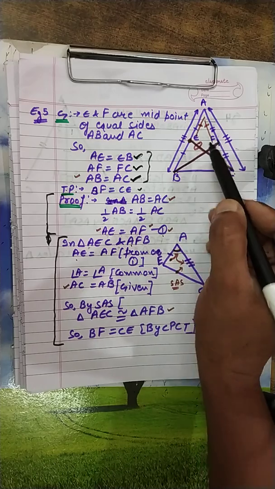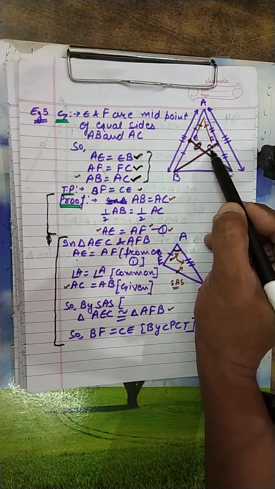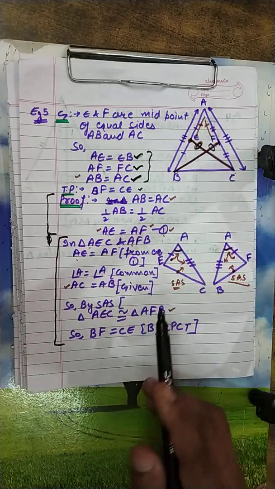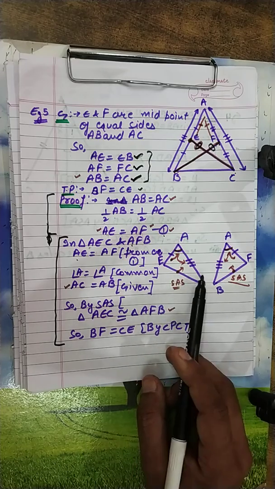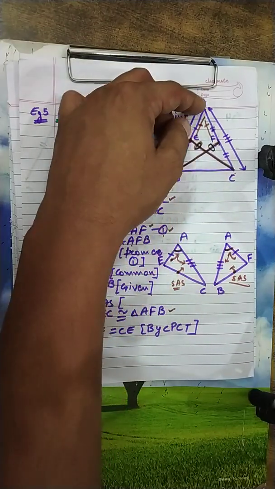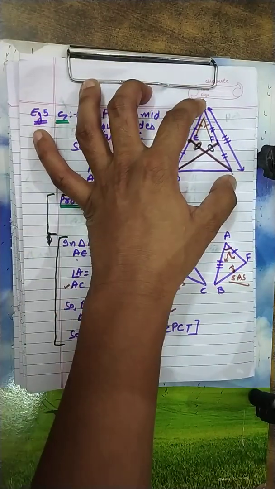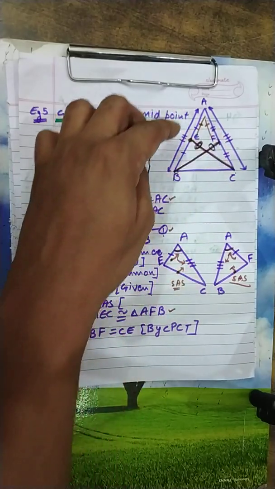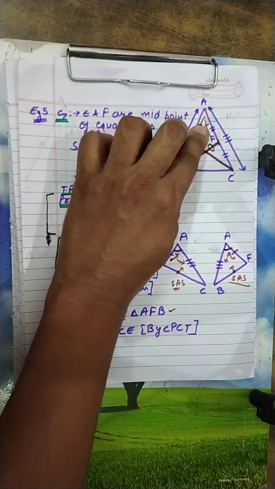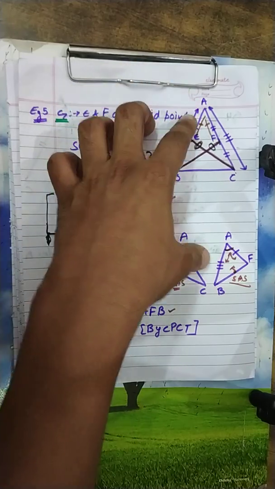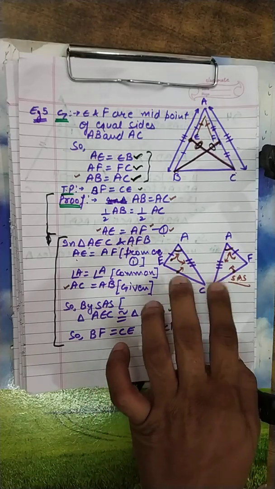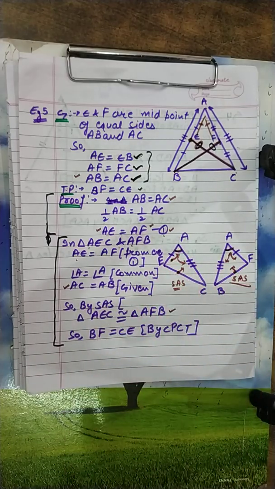Now, these two triangles, this one triangle ABF and AEC triangle. Both triangles I have made here separate. Now you can see that first of all talk about AEC. AE has a single line, so single line here. AC has a triple line, so triple line here. If we talk about the AFB, AF having a single line here. AB having a triple line, so triple line here. So same labeling I have done. By making both the triangles separate, I have done the same labeling on both the triangles.